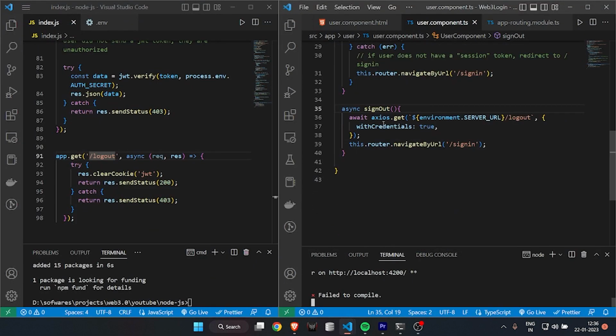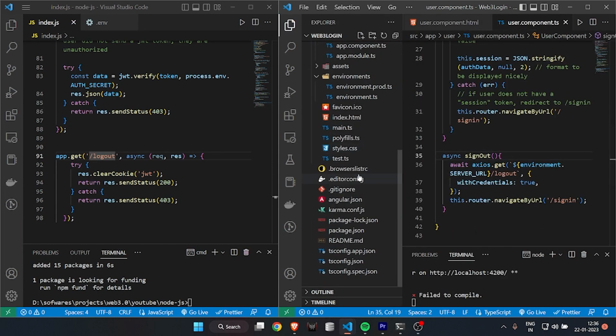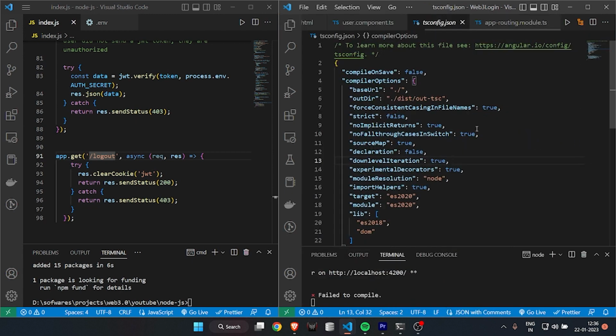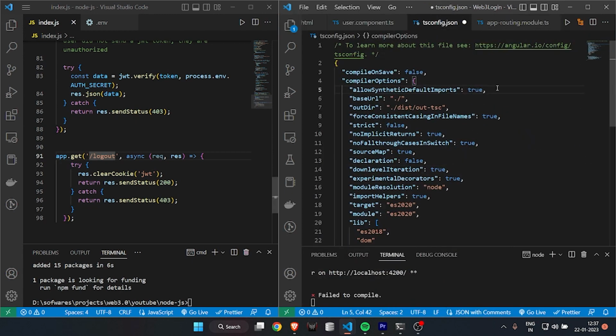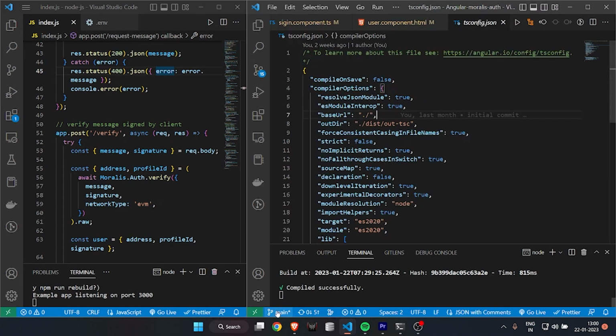So for this, we are going to be doing some changes in our tsconfig.json file. We are going to be adding this line under our compiler options. This allows us to import all the required files. So after that, once you run the project,